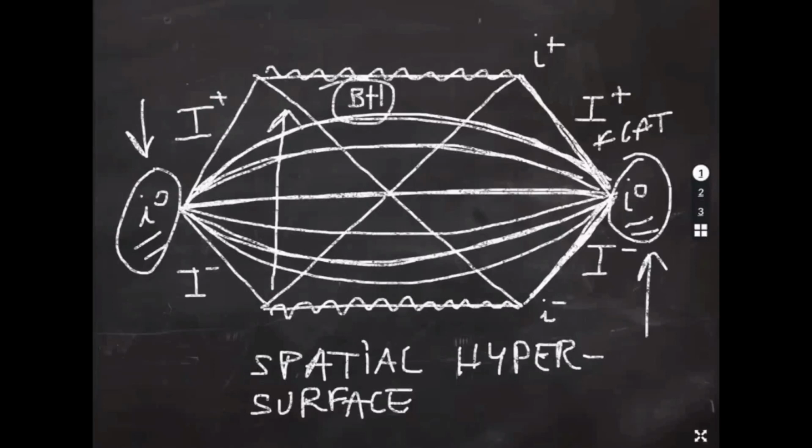Because remember that we're using spherical coordinates. We are talking about r, so that a point represents a sphere, and over there at I0 we have a sphere. So by using the Klein-Gauss theorem, you convert that volume integral into a surface integral on a sphere which is located at infinity.